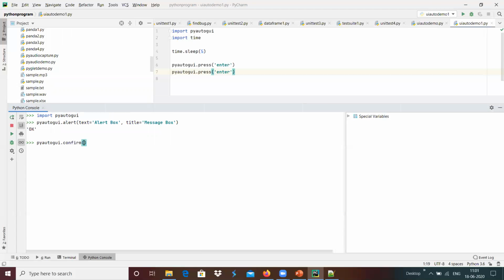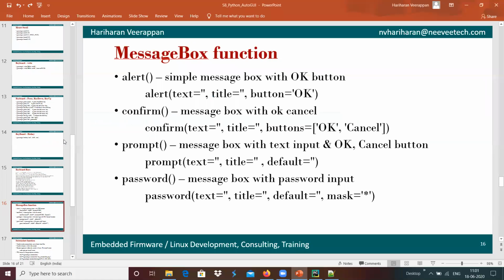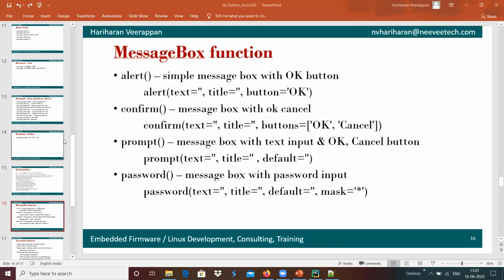with the text equals maybe wish to continue over here. Title can be automation, and we have the buttons that we can give, OK and cancel over here.